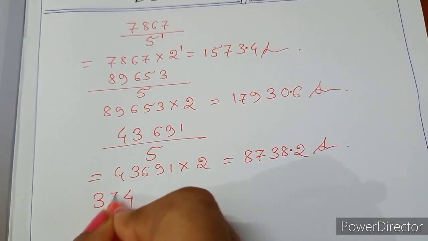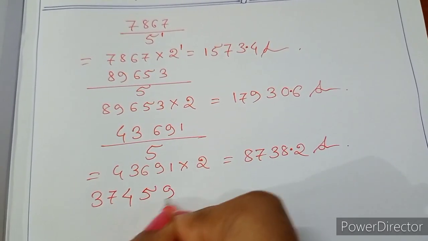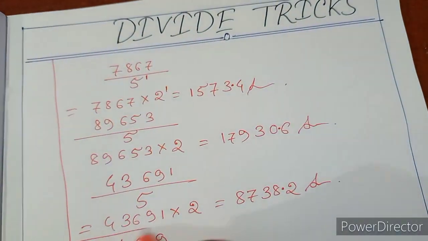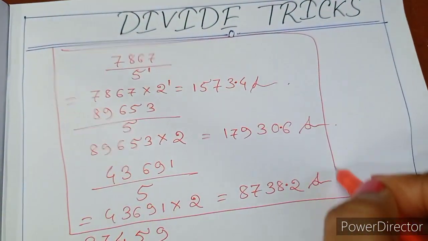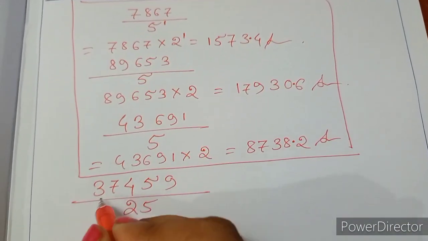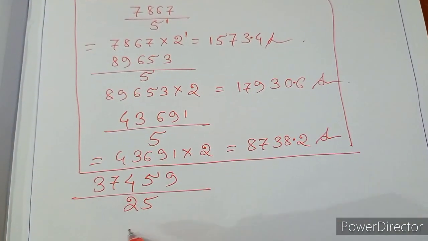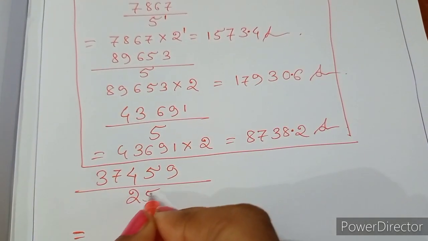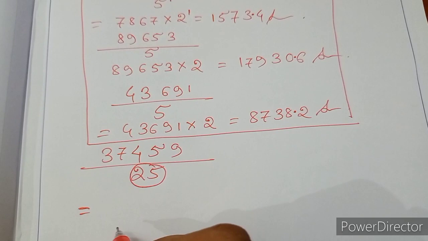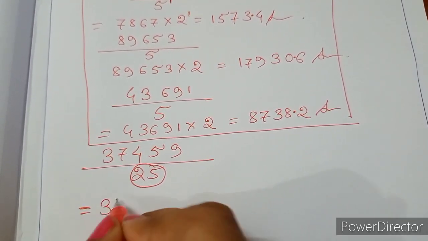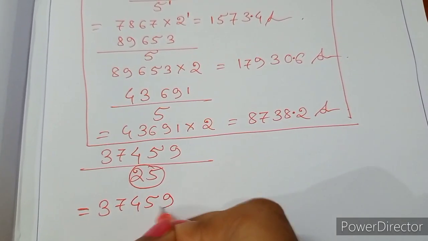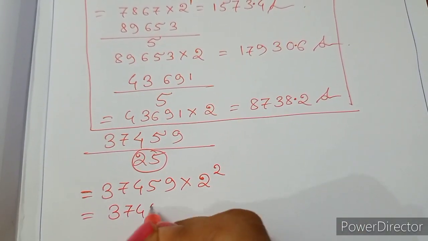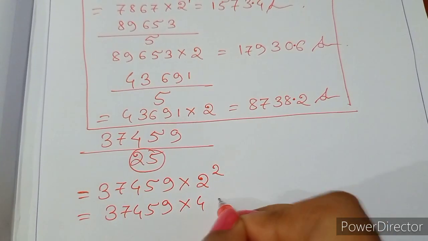Suppose this one trick. Now we divide 37459 by 25. So what's the multiplication? Here 25 means 5 square. So we multiply 37459 into 2 square. Actually 37459 into 4. It means